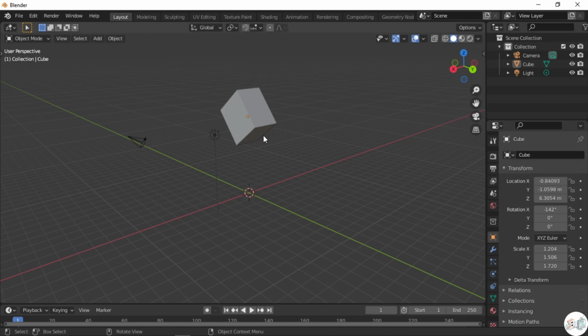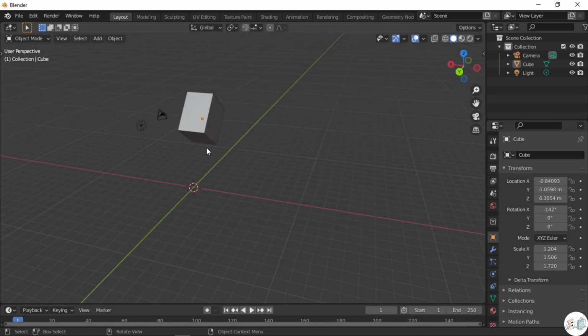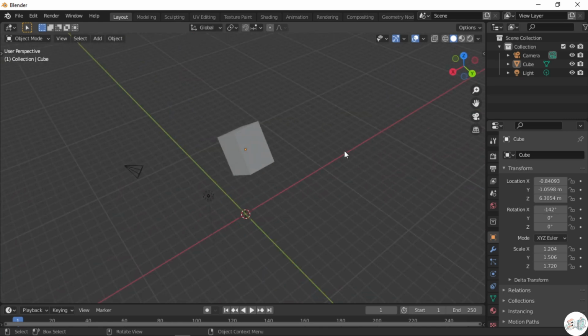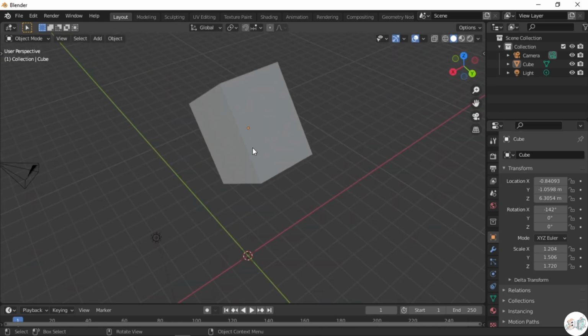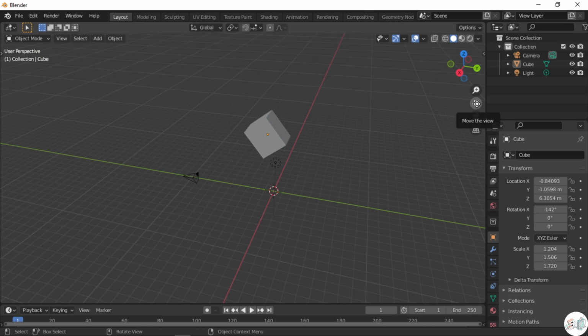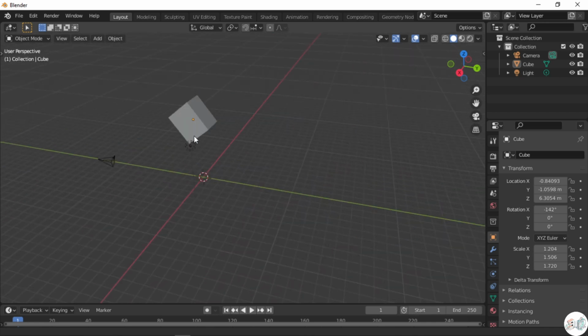For example, for panning, instead of holding the gizmo and rotating, you can hold your middle mouse button and rotate. If you want to zoom in, just scroll your middle mouse button in and out. If you want to move the object in a scene, you can shift click and hold your middle mouse button and move the object wherever you want.